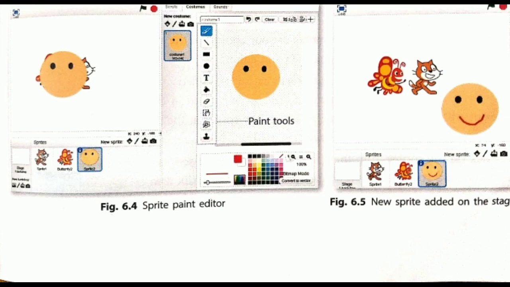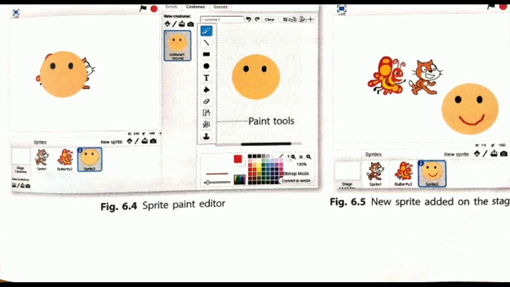First, you have to click on the paint new sprite button, and once you click on it, the painting editor window will appear. Over the left side painting tools are given, and over the bottom section a color palette is also given. By using these tools you can paint a new sprite. After completing your painting, you can give a new name for that particular sprite.